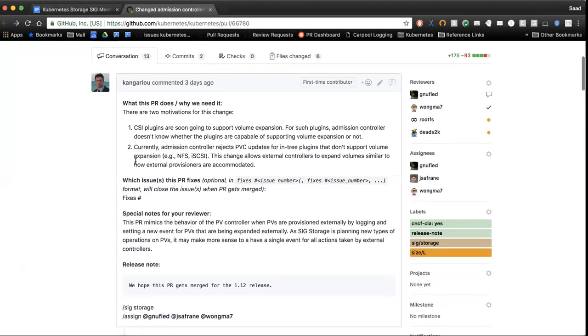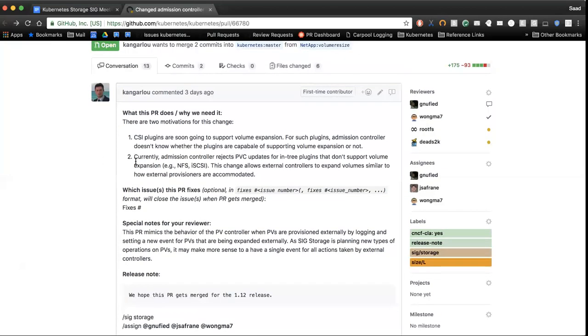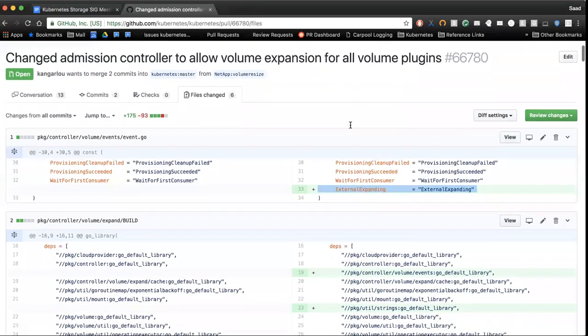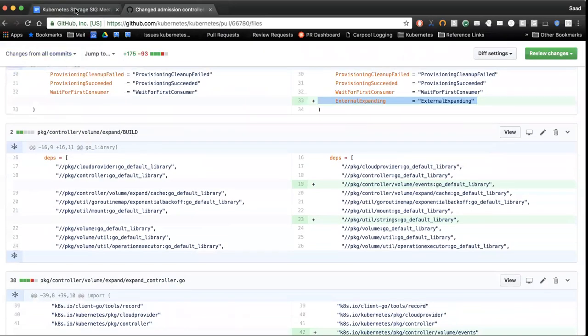But what I wanted to discuss was that as we're exploring new operations like snapshots and clones, it may make sense to have a generic event that will capture everything done by external controllers, and whether we want to do it this way instead of what we've been doing so far. I'm open to your suggestions.